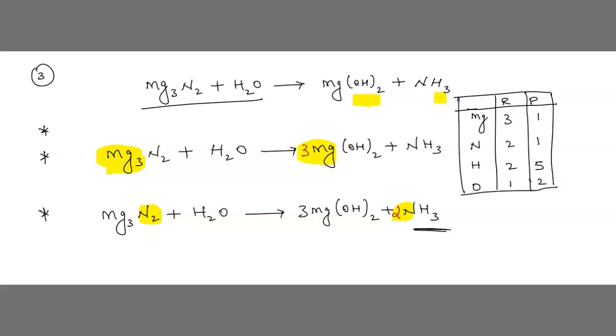Now you multiply and check both the sides. How many Mg do we have? 3 Mg, 3 Mg. 2N. Both the sides I am saying. See, again I am repeating, from LHS and RHS, both the sides you have to take. How many are on the reactant side? How many Mg do we have? 3 Mg. Here also 3 Mg. How many N? 2N. How many N? 2N. Correct, no? Understood? Then after that what can we do here?